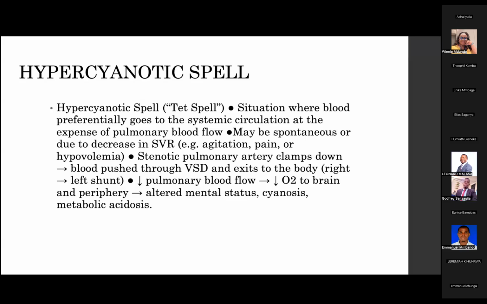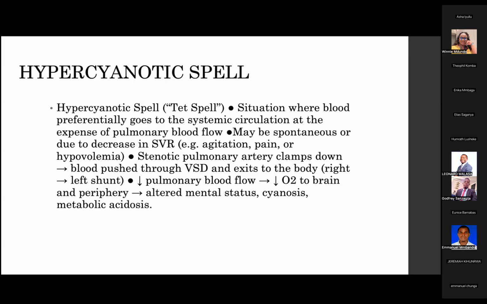And more blood now does not go to the lungs. Therefore, these kids who are initially normal, or were surviving with the hole that they had, like the VSD and the shunt, now have decreased blood flow to the lungs. It goes directly to the systemic circulation, and therefore these patients now have hypoxia and